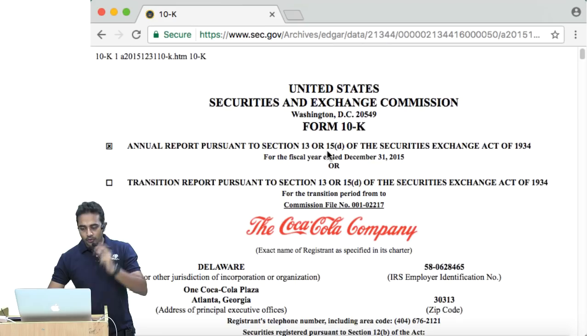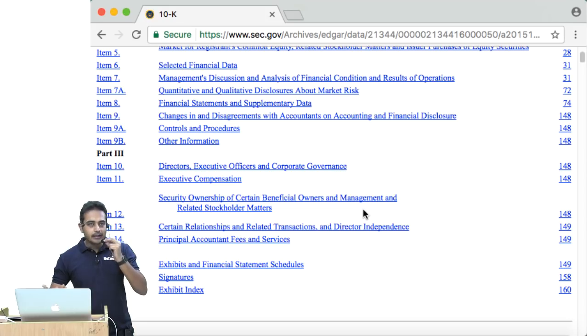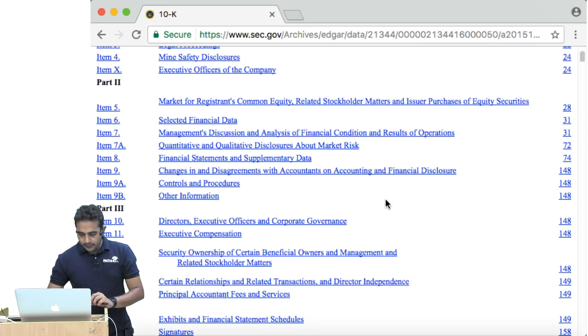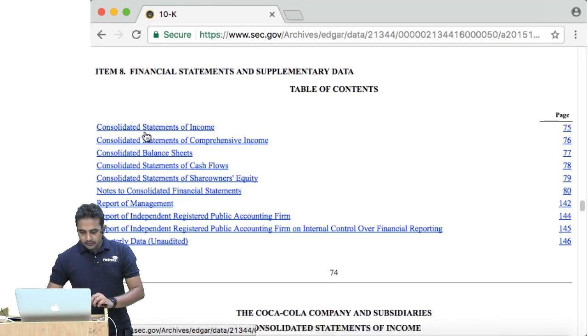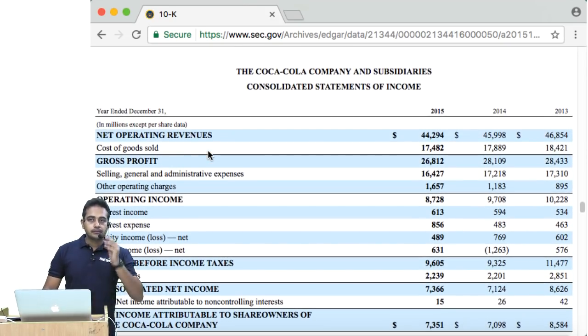So what I have here is income statement or 10K of Coca-Cola. So we're going to just open the income statement and build some sort of perspective here. Do you see consolidated financial statements anywhere? Okay, so consolidated statement of income is what we are looking at. So is this visible? So what we have now, the data is in $1 million